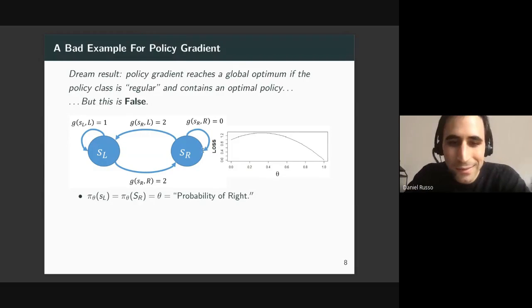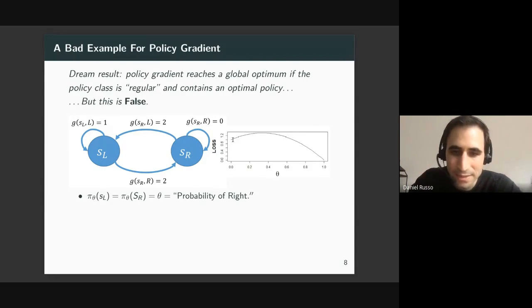Unfortunately, the loss function is non-convex. So here you can see that there's a bad local minimum. If you started with a theta parameter less than something like 0.3, meaning that most of the time you go left, then local search will take you over to this corner here, a bad local minimum. And there's no reason to expect that any local optimization algorithm would avoid this kind of local minimum.